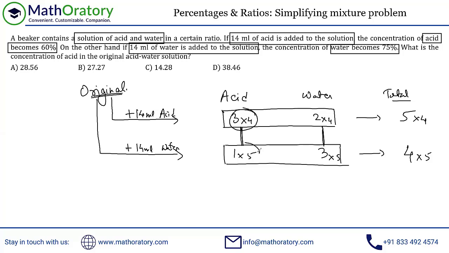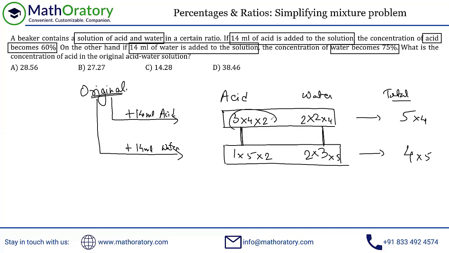So here we have 12 and 5, so that's a difference of 7. So further double it up. Let's double this and double this. And the same thing should be happening here also, because we cannot change the ratio any which way. Just check this out. This is 8 and this is 15, so there's a difference of 7. So in order to make a difference of 14, we have to double this up as well as double this up.